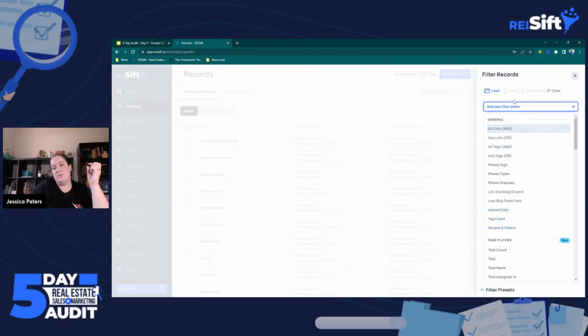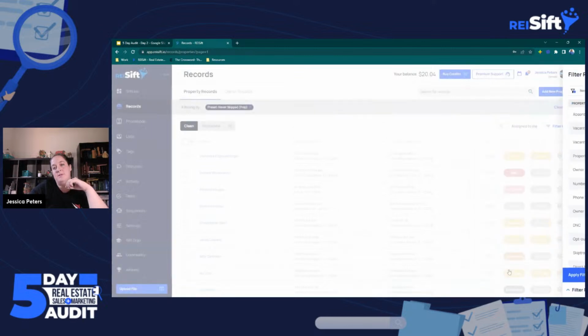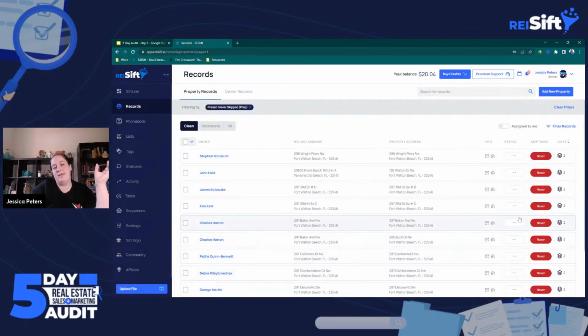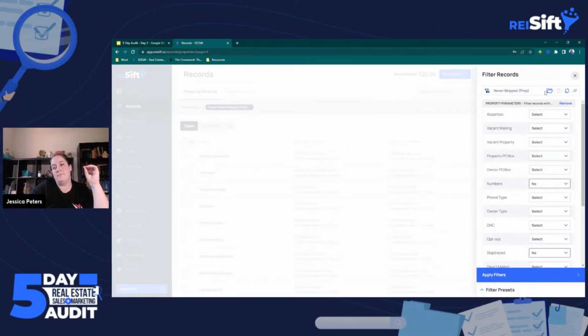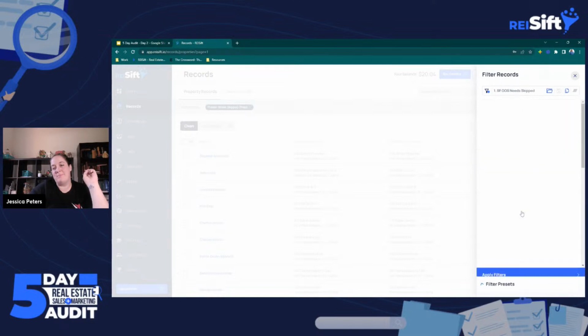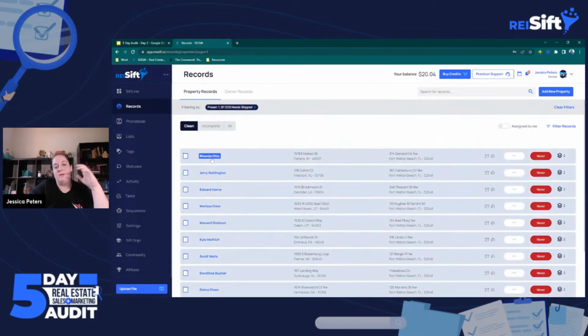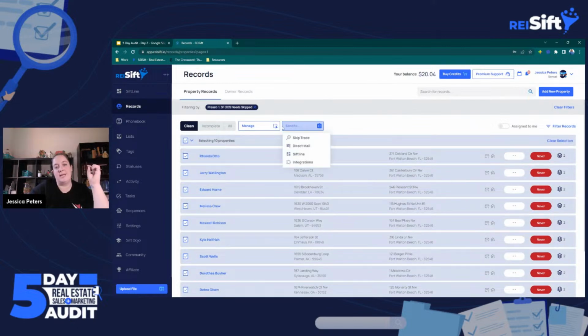So if we go into, sorry, my filters, I have some saved, so you can save filters. And if I go into my prep folder, I have this never skipped. So these are my records that have never been skip traced. I'm actually going to use a different one for this purpose. This isn't quite how I teach people to set it up anymore. I need to come in here and update my account. But here's some records that I've never skip traced. I'm going to select a certain number of them. So 10, just to show an example.